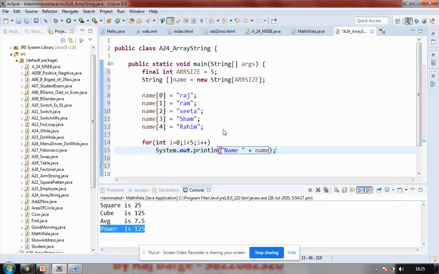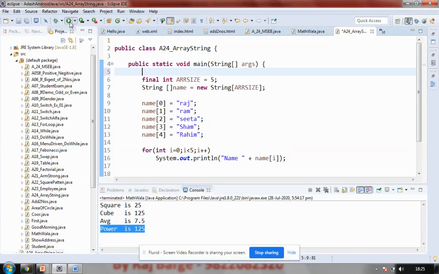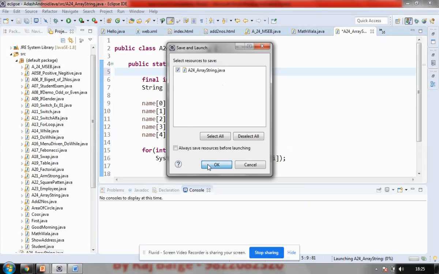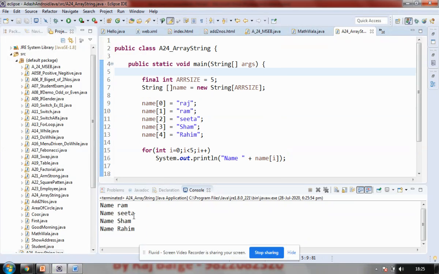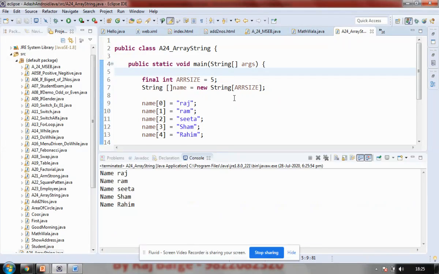Those are held in this, and I'll be using i. That means every time the loop executes, it shows the next value. So let's check it out first. I'm executing this and clicking OK. It is displaying all the names. So this is the example of a string array.